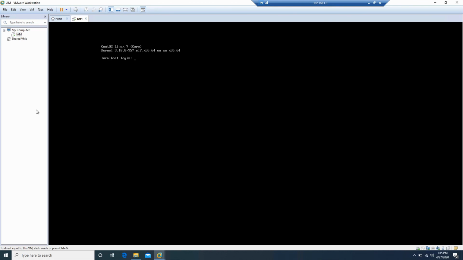Now it allows us to log in. Let's go with root and the password that was set up at the time of installation. So we are on the system. Everything is done.